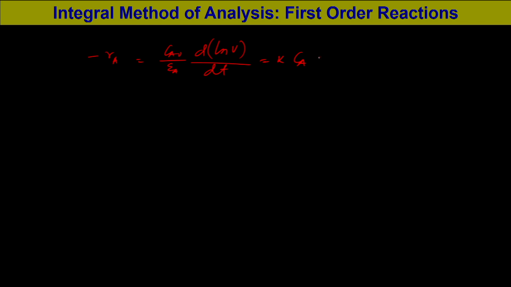So, we can write C_A, we know the relationship of C_A versus conversion: k into C_A0 into (1 minus X_A) divided by (1 plus epsilon_A X_A). Now, if we replace X_A by V and then integrate,